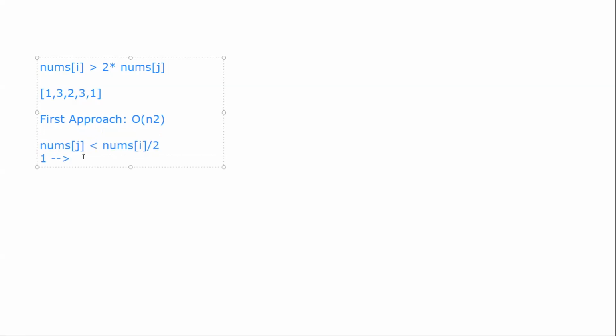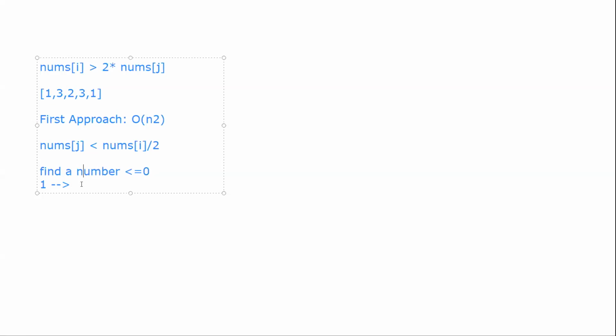At every step, I'm trying to find a number less than 1 divided by 2, which is 0. It can be tricky, I can't go negative. Let's take a simple case, but the idea was this.